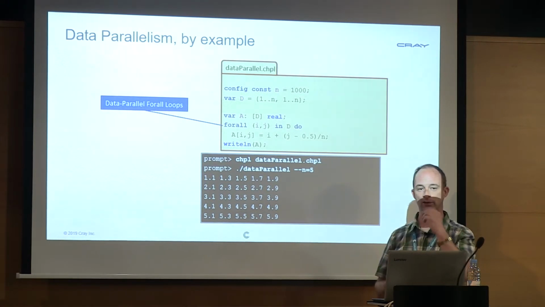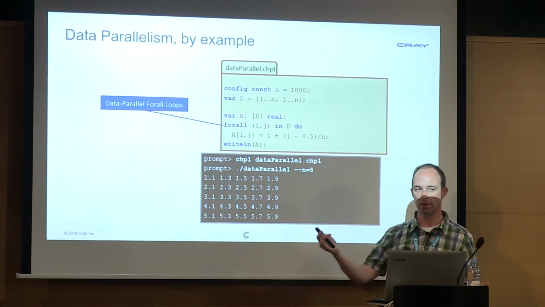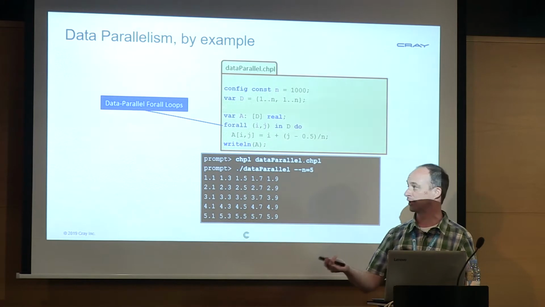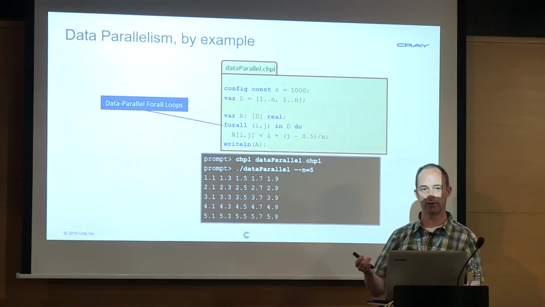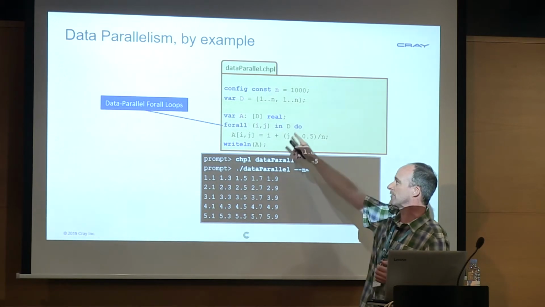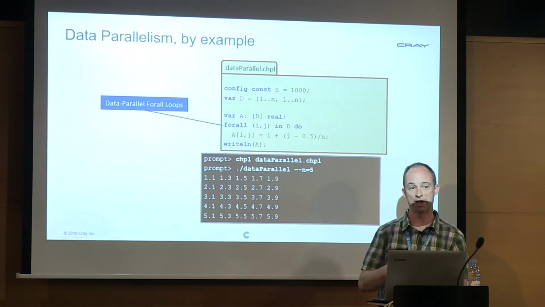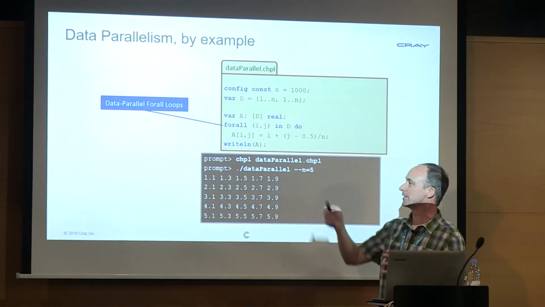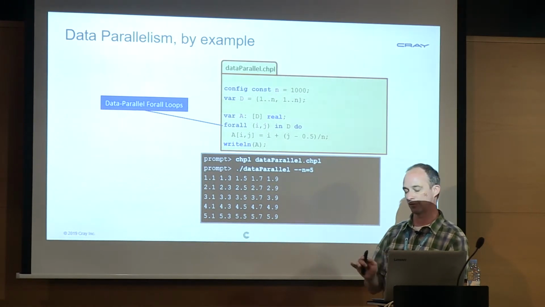And so let me come back to the question about how forall and coforall differ. With a coforall loop, we're literally going to create a task for every single iteration in the loop. But here, if I was running over 1 million array elements, for example, I probably don't want to create 1 million tasks to do that, unless I happen to have 1 million cores. And so what the forall does is say, create an amount of parallelism that's appropriate for the thing you're iterating over, and then divide up those iterations between those tasks. So for example, if I was running this on a 4-core system, probably what would happen with the forall is I'd get 4 tasks, each of which would take a quarter of these million elements and just iterate through those serially.